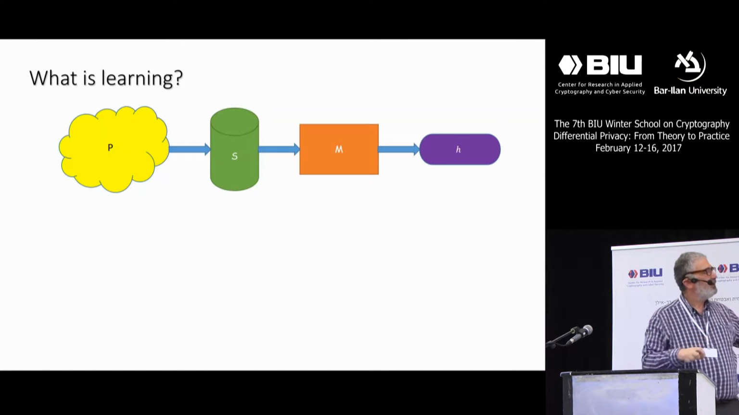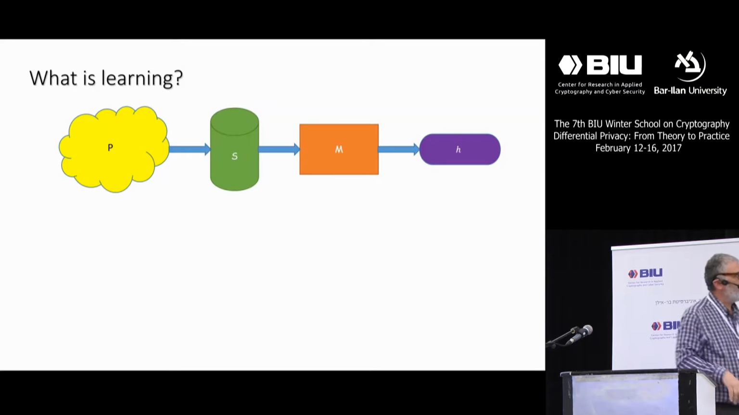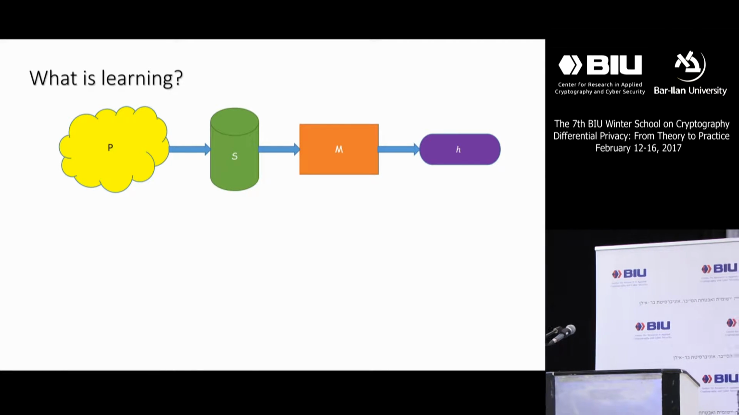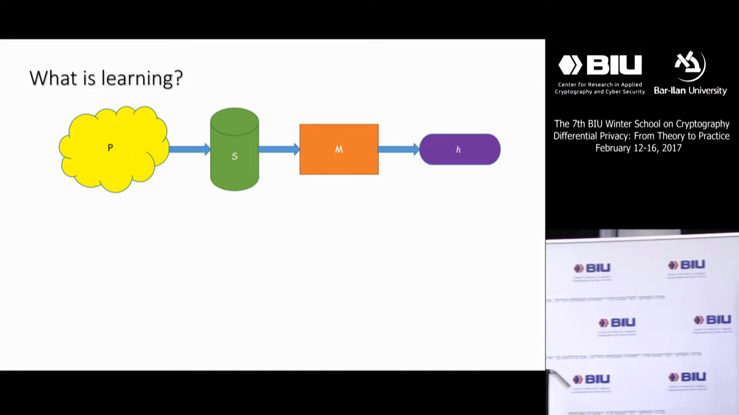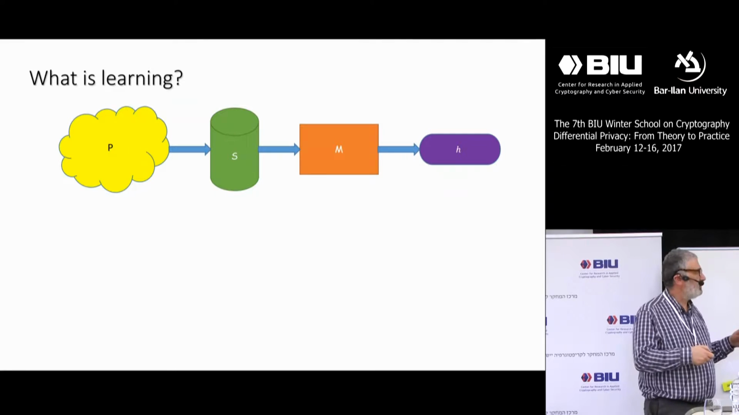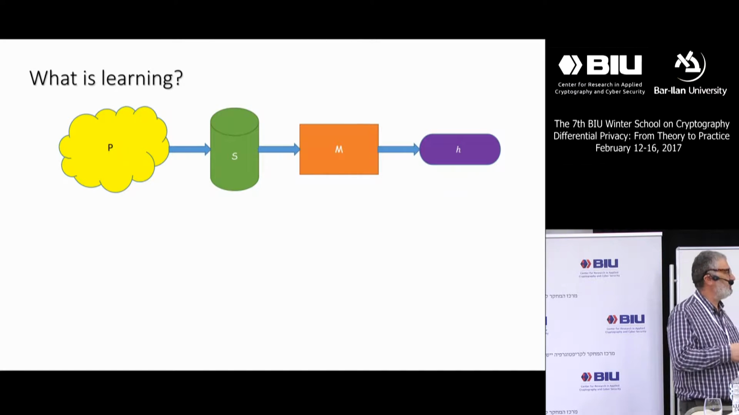So what is learning? No privacy yet. I'll abstract it this way. We have some underlying probability distribution or population. Think about it the way you want. We take a sample from that, we apply some computation, and